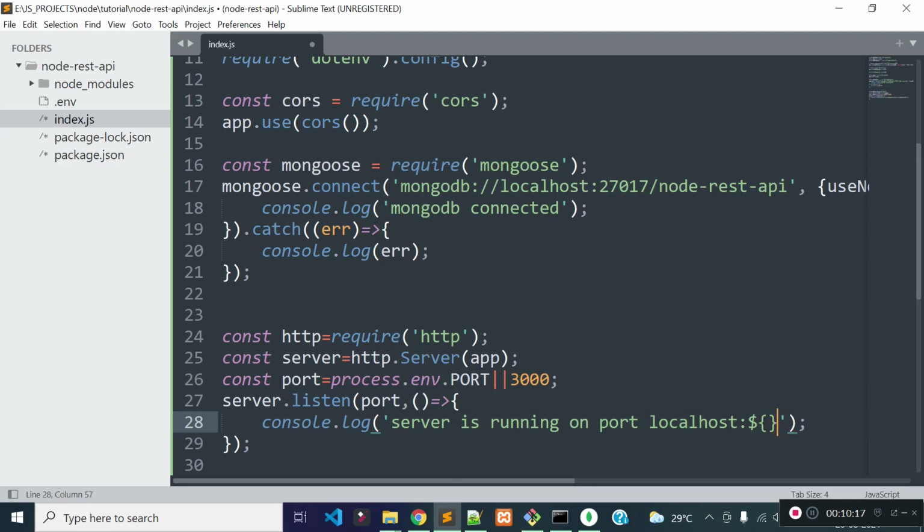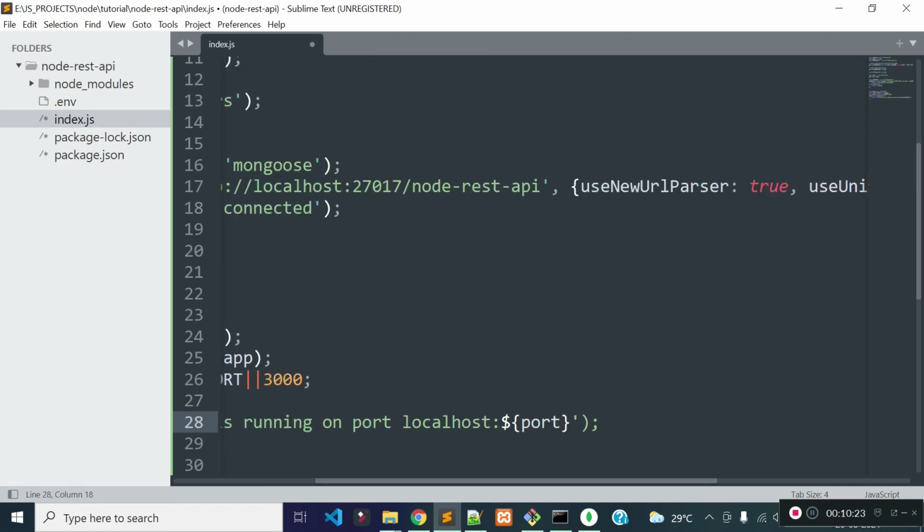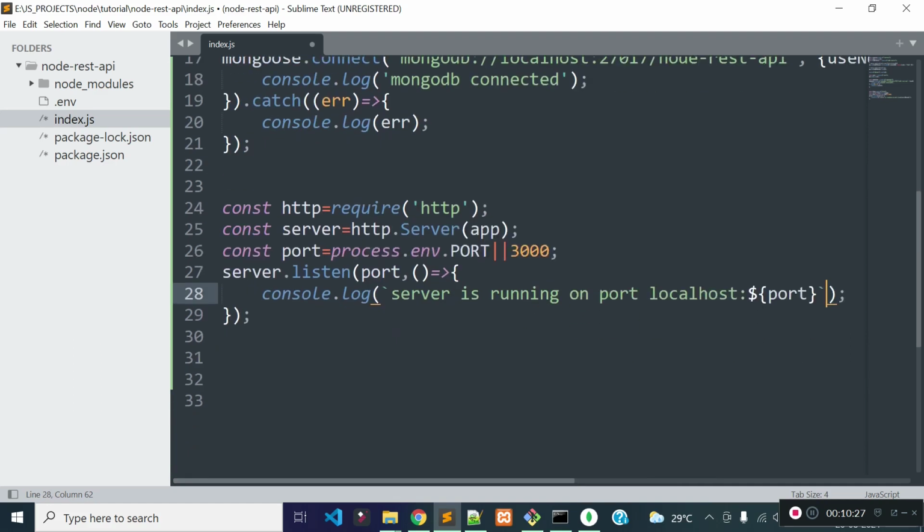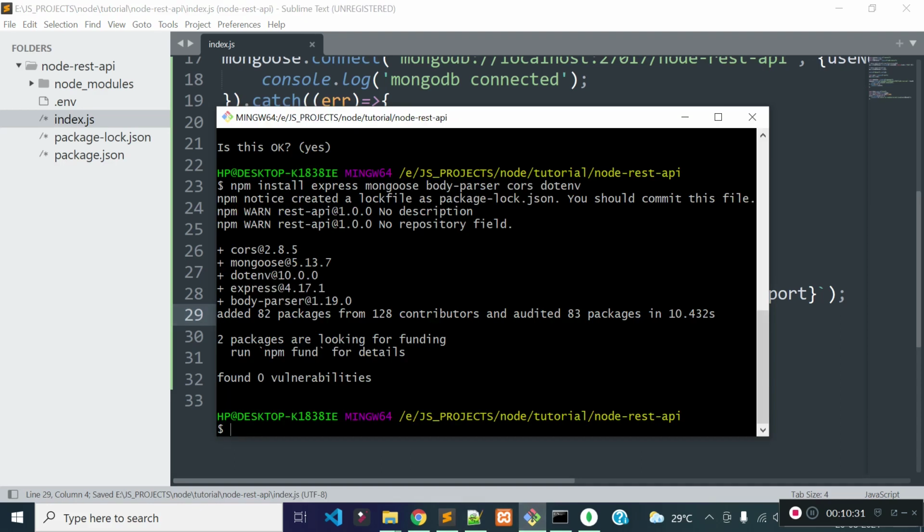So we need to pass the port name here, and instead of single quotes, let's use backticks. Now it's time to run our index.js file. So from our project root, I'll run our index.js file with the help of the node command.